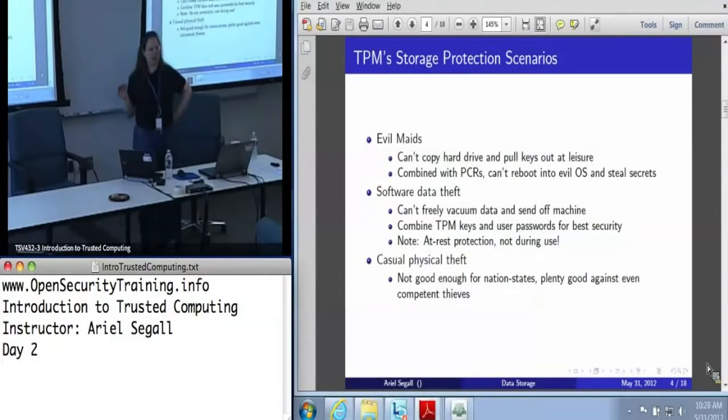Data at rest means a lot less when you're talking about your entire hard drive, because as long as your machine is running, it's open. So that level of data protection really doesn't help at all if software threats are your issue. You know, it's good against evil maids, but if you've got a Trojan, it doesn't care that it was encrypted when